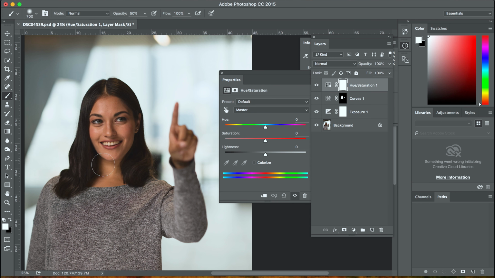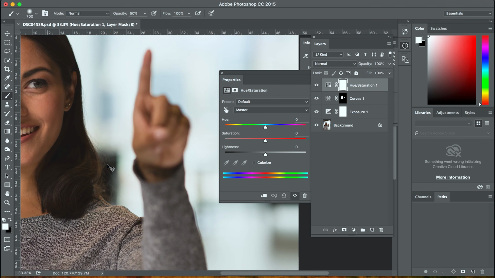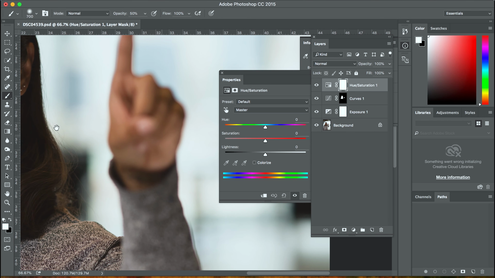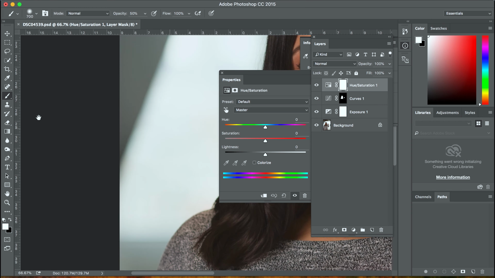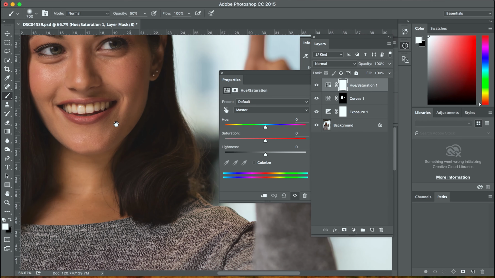I'm going to look at her neck. Let's zoom in here and look at her neck. As you can see, there's a lot more yellow in there. If I go into the hue saturation adjustment layer, under properties you can see the presets. There's default, and under that there's a drop down for masters. If I go under masters and go to yellows, because I just want to affect this yellow area, I want to push that yellow area,